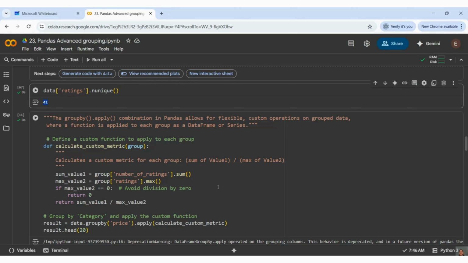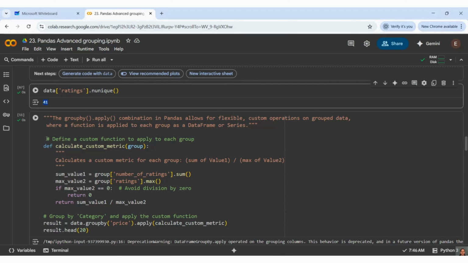It is again used to perform different kinds of custom operations on group data, where the input here is a function, and that function will be applied to each data of that group and it is going to give you the output. Now we will see one after another. As it is expecting a function, I did some calculation here.